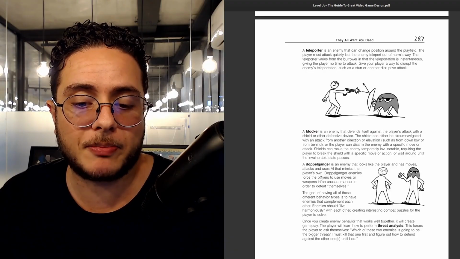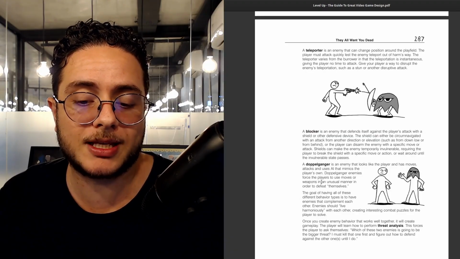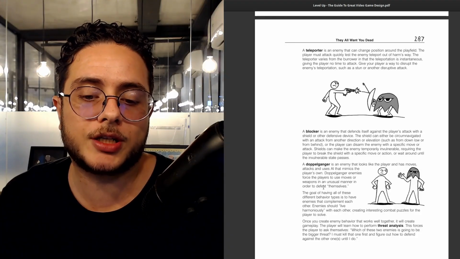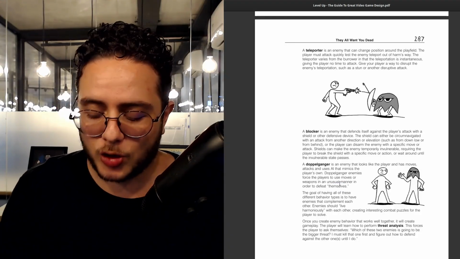Doppelganger enemies force the players to use moves or weapons in an unusual manner in order to defeat themselves. So Doppelgangers are really interesting enemies to design, because especially if you think about the implementation details, how will you create a good architecture so that you can create some modules and components that you can reuse on an enemy and the player? So the player and the enemy share some code components that will create basically the same structure